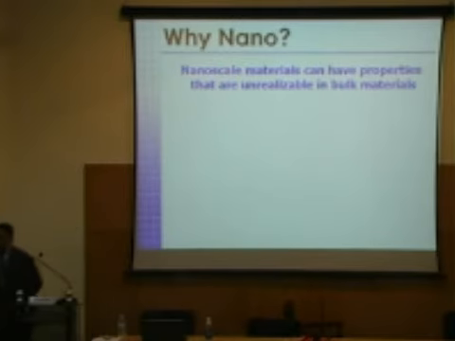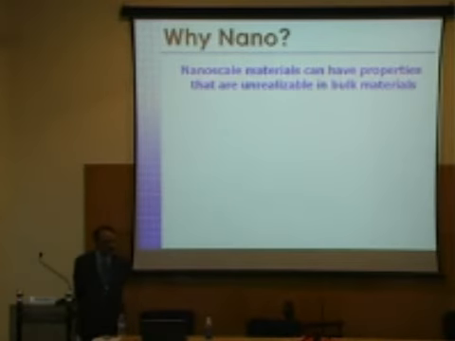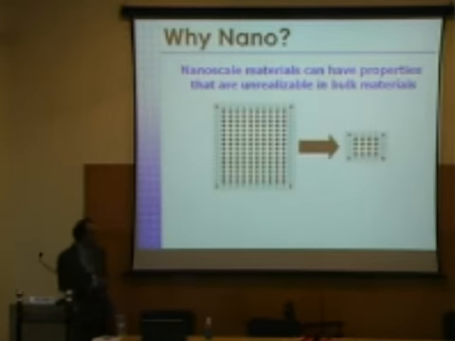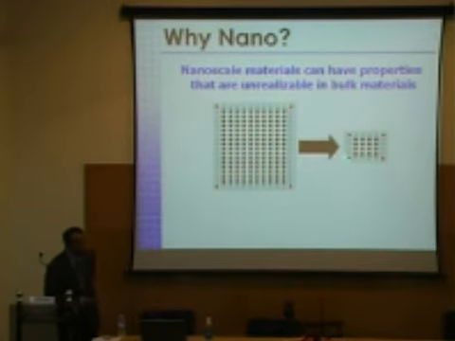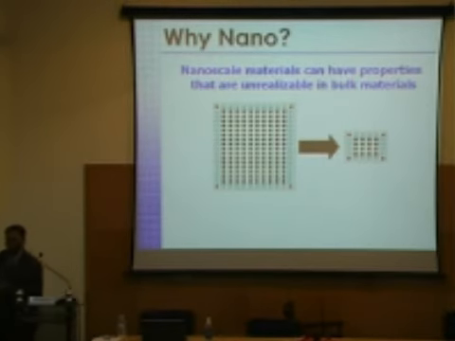One of the very important things that we have realized is that materials at the nanoscale behave remarkably differently compared to the same composition in the bulk. As soon as you reduce the dimension of the material, suddenly we see the emergence of novel properties, and that's one of the reasons why we study materials at the nanoscale. On the left is your bulk. As you see, there are very few surface atoms compared to the bulk atoms. As you reduce the dimension of this material, you have relatively more surface atoms compared to the bulk atoms, and that changes a lot of parameters.